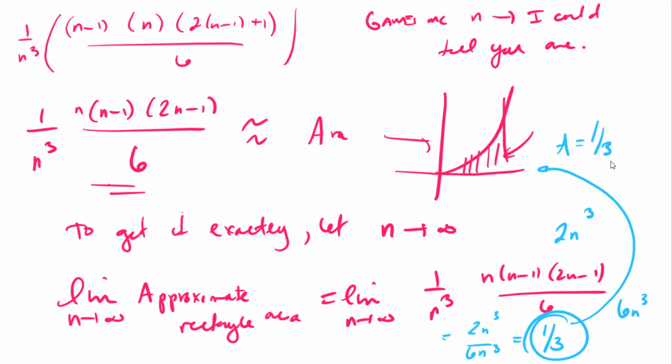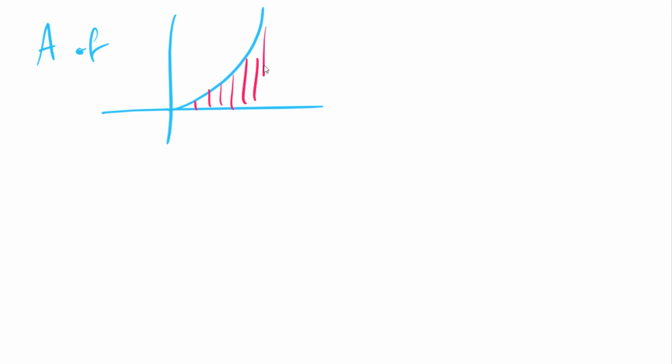And we have a special symbol for this. Because we added up rectangles, I was looking for the area of this region right here, and the way I did it was with a bunch of rectangles, and then I added the rectangles. So the area of this region is about equal to a sum of rectangles. Well, sum is a word that starts with S. So what we do is we say, oh, well, I'm going to take the sum